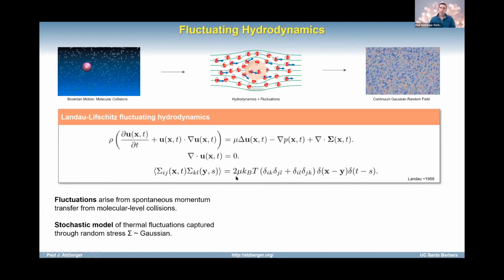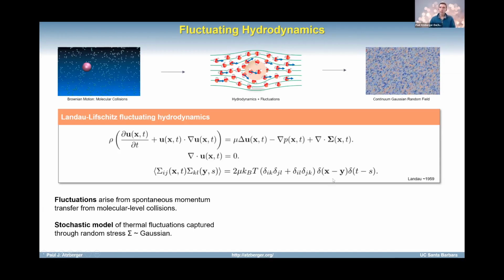It's basically 2 times the strength of the viscosity in your original Newtonian fluid, times the temperature of the system, k_B T, which is the thermal energy that I was referring to, and then you have this component-wise correlation structure, and I'll explain a little where that is derived. And then there's a delta correlation in space, and a delta correlation in time. Okay, so that's the basic Landau-Lifshitz fluctuating hydrodynamics. A few comments that I want to make about that: you can go through principles from statistical mechanics, which I'll discuss in a moment, and derive this, but this leads to a number of challenges.